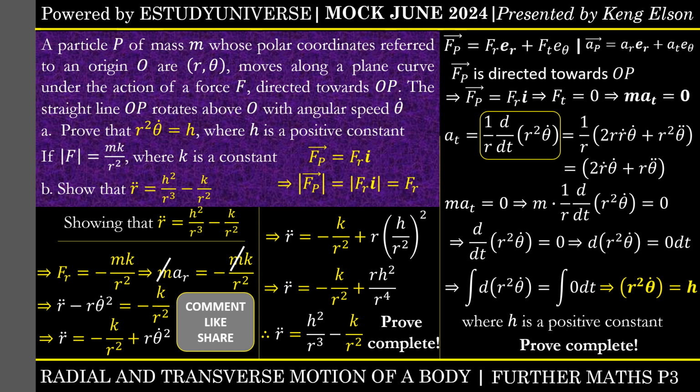Is that a proof? Yes, that is a proof. So we have successfully proven that r double dot is equal to h squared on r cubed minus k on r squared. Make sure you are following up with your pen, and also solving together with me,